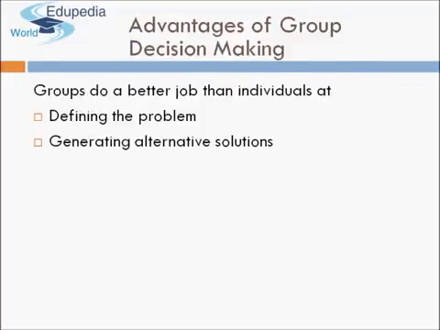What are the advantages of group decision making? See, what happens is that in an organization, you can make a decision individually, you can take a decision in a team. If you take a decision in a team, the positive thing is that a lot of people would be putting in their brain, so you will be able to define the problem in a better way. Why? Because everyone would be putting in their views, so you have 10 different views on each problem. Similarly, generating alternative solutions, you will have more possible solutions to the problem, because so many people are sitting together. So instead of you just sitting alone and finding a solution, you will be able to find many different solutions.